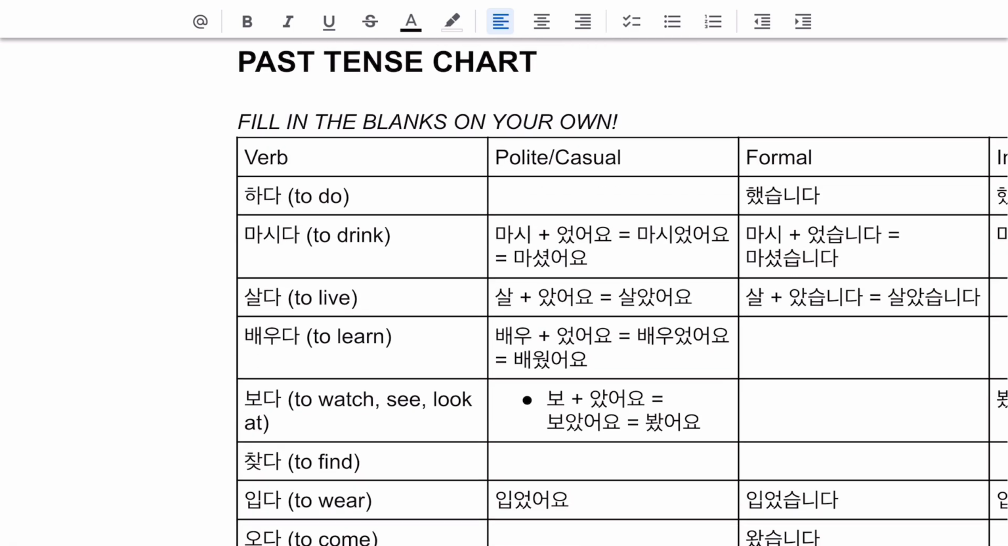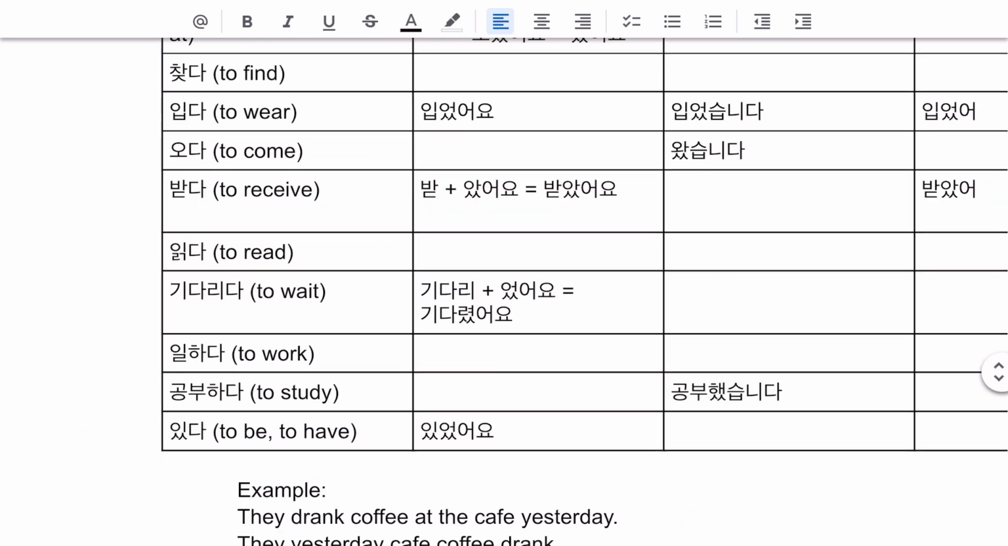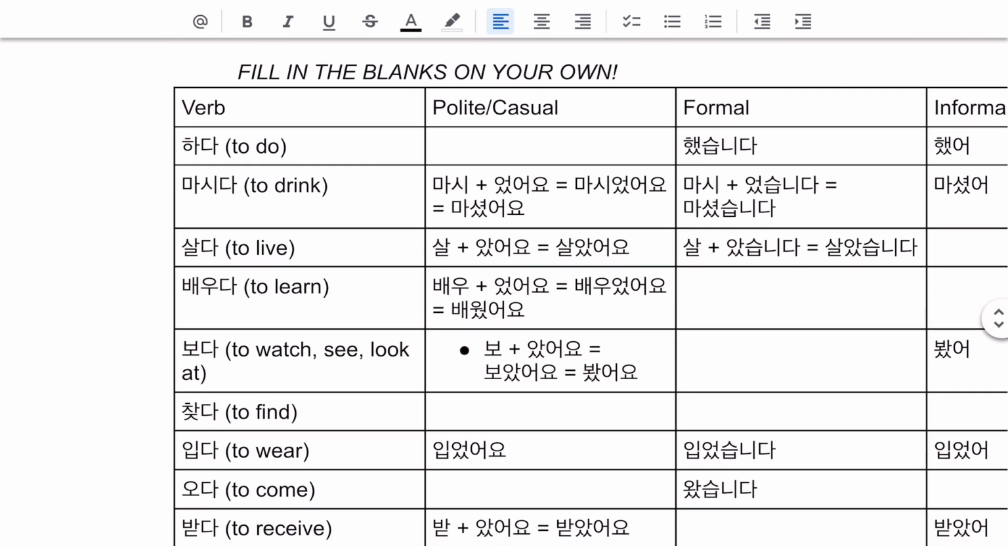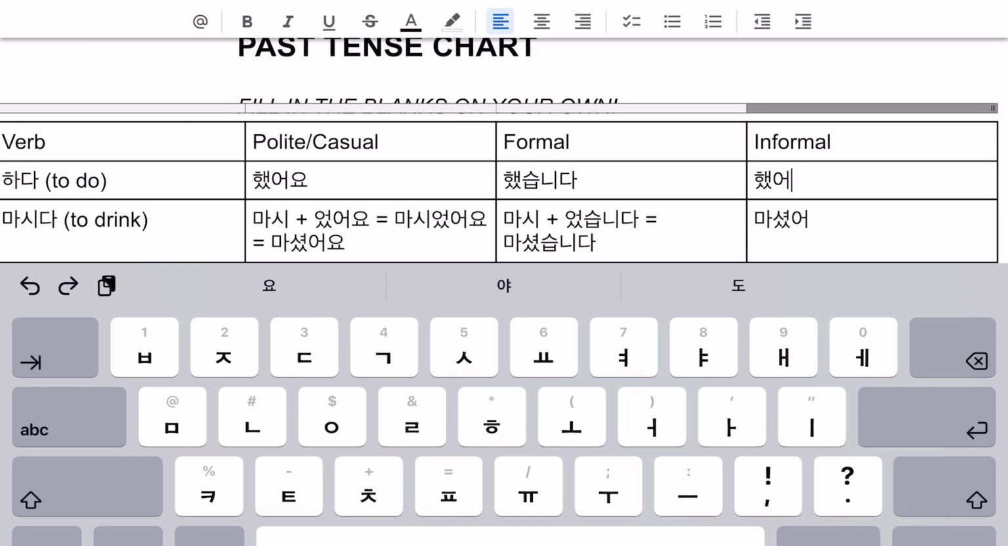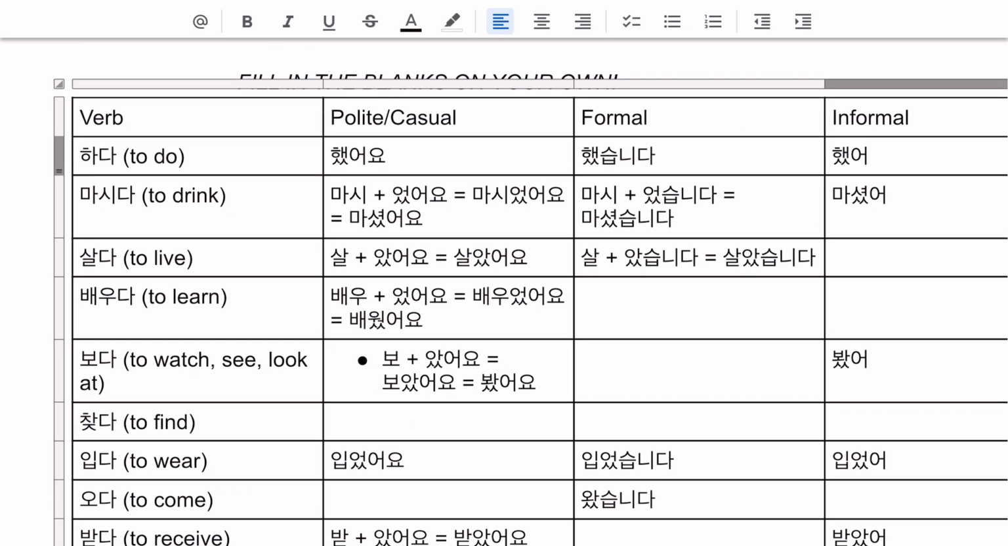Below, I have a conjugation chart, and I would like you guys to do this. Take a second to do this on your own, and then I'm going to come back and go over it with everybody. It'll be 했어. 마시다, that one's all done, but for polite casual, we take off the da, and it ends with the e, which is not a or o. So we need the ot ending. So we attach